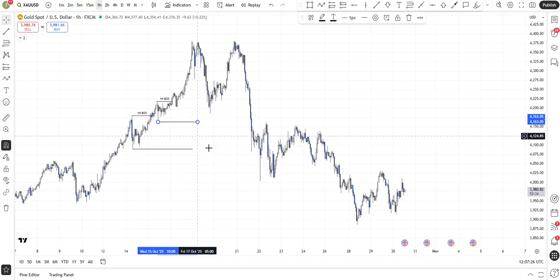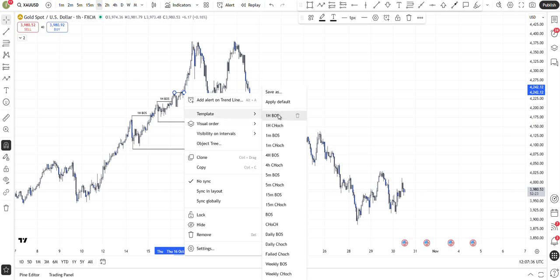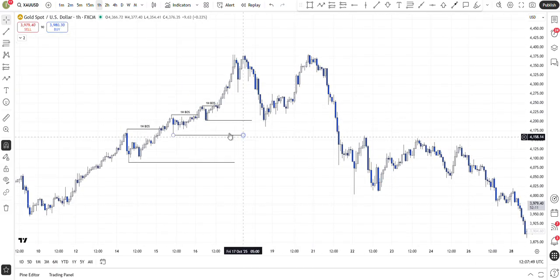So then again, we look to see where price is pulling back to. And again, we have a high just here, which is then broken. We have another 1 hour break of structure, and we then identify the low that created that. So in this entire leg, this low was not violated. Price moves up aggressively, and then we come up to this price here. So we see this high,